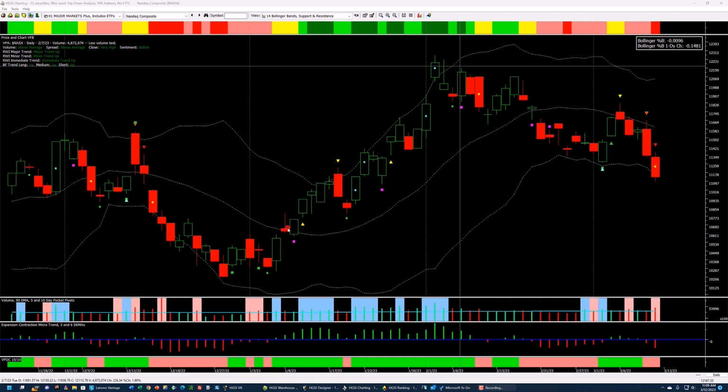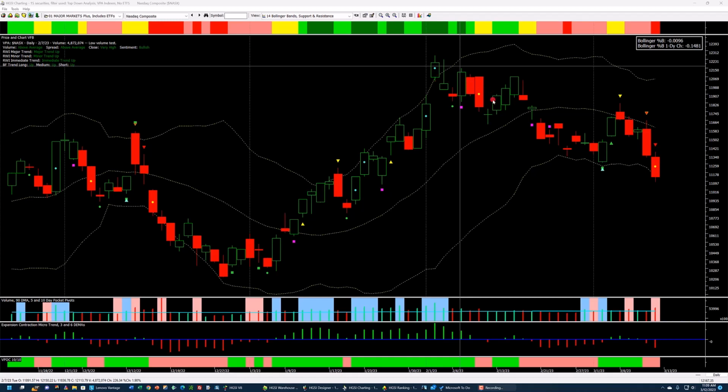When we see the center band going from down to up, and the price is up here between the center and the upper band, that's a good thing because the market's trending up, and it did great